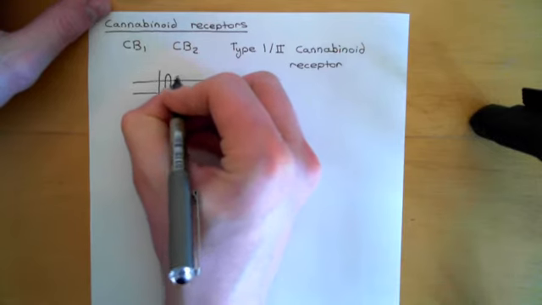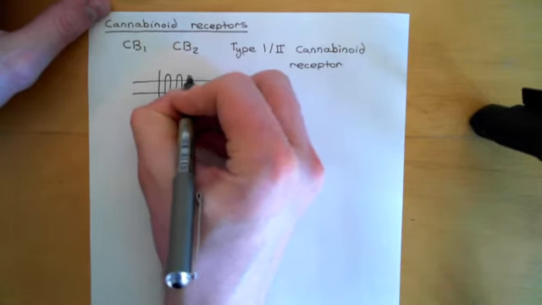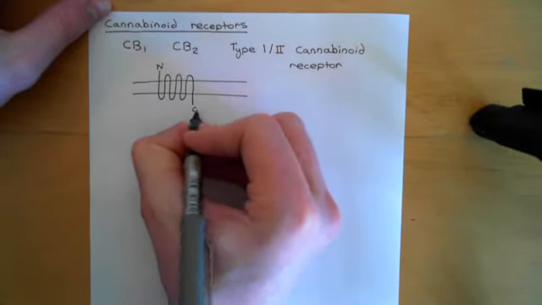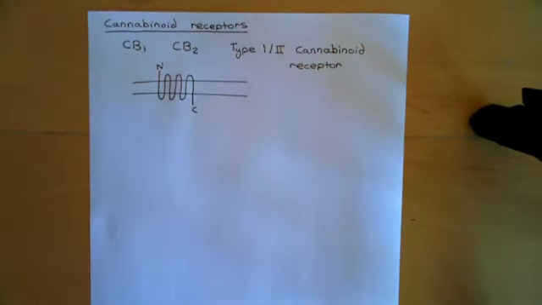You have the characteristic 7 membrane-spanning alpha helices, and the amino terminus is always extracellular and the C terminus is intracellular. G-protein coupled receptors are a massive family of receptors. In humans alone there are over 800 known G-protein coupled receptors. I think the total that we've found in all life forms goes well over 30,000, and it will continue to grow as we sequence more and more genomes.